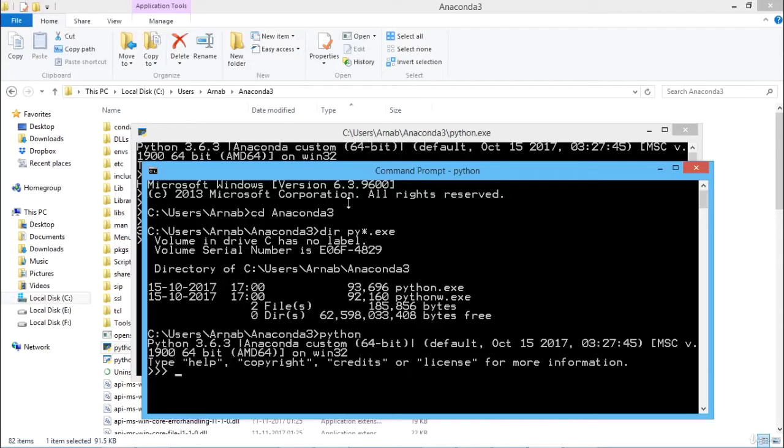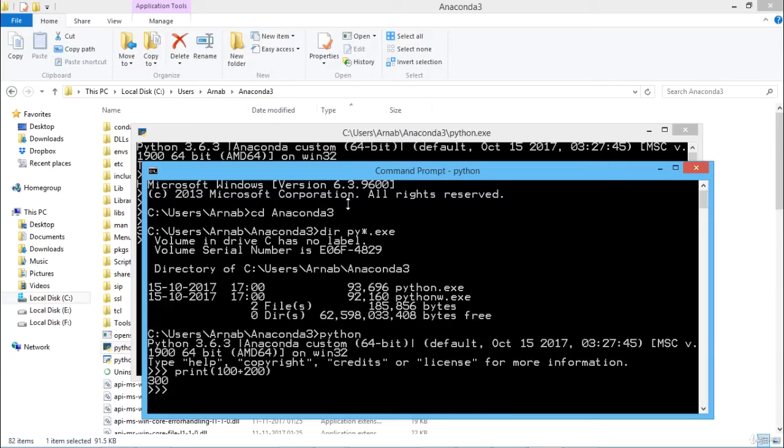Typing Python in the command line will invoke the interpreter in the immediate mode, and you can directly type in Python expressions and press enter to get the required output. The Python prompt tells us that the interpreter is ready for our input. So let me type some code here. I'm going for print 100 plus 200. You can easily see it is calculating and giving me the outcome. So this is our immediate mode.